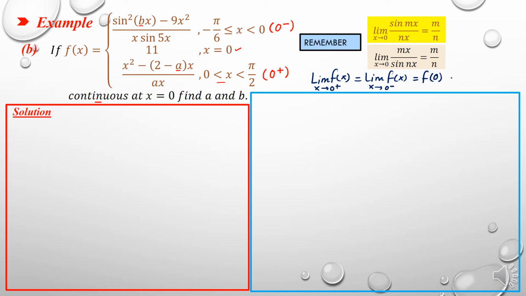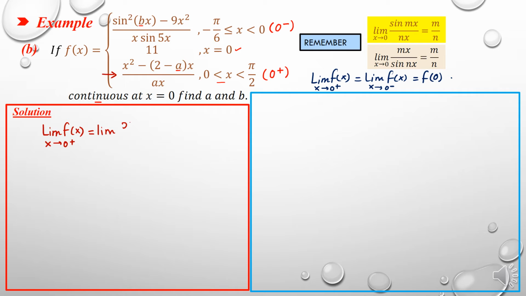So firstly you have to find the limit from the right of 0. So limit f of x when x goes to 0 from right equals,